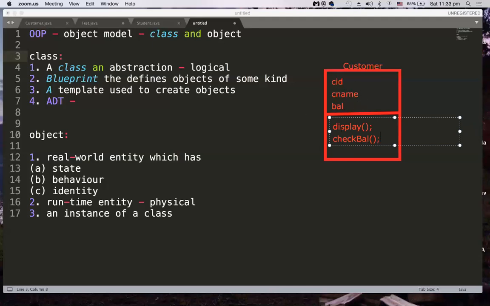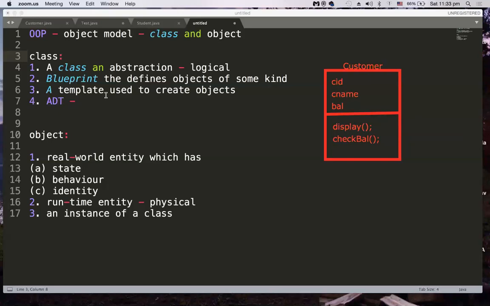Based on the data members that you have in a class, you will have the method members. Usually the customer class's data members list is a huge list. A customer in a bank has several behaviors. So this is a class. It's an abstraction, and I'm saying logical. Why am I saying it is abstraction, logical? Because here the customer will have certain properties and certain methods, but it will not physically represent any entity. The physical entities will come whenever we create objects for this particular class. That we see as part of the object.